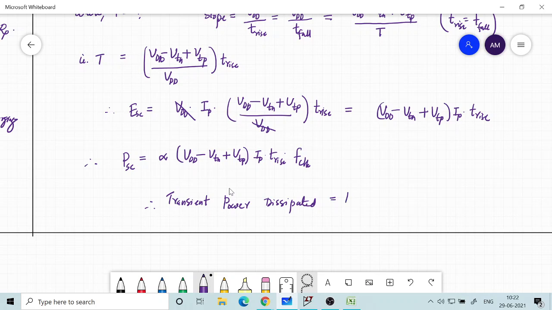It is equal to P dynamic plus P short circuit, which is